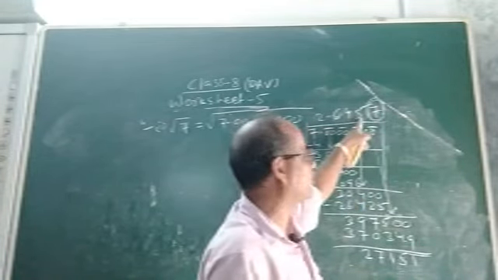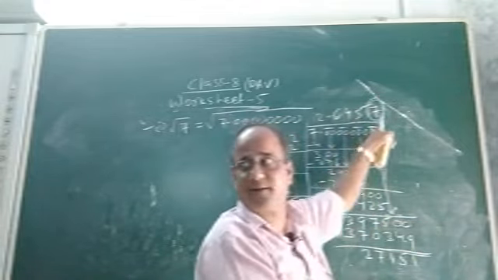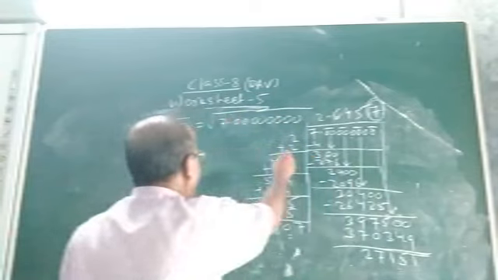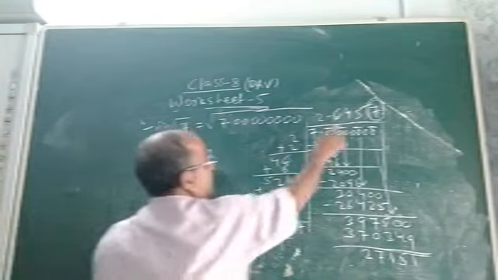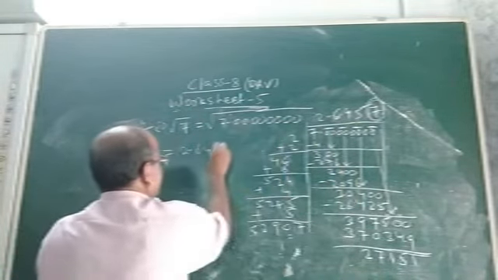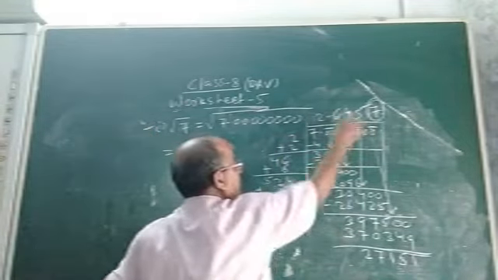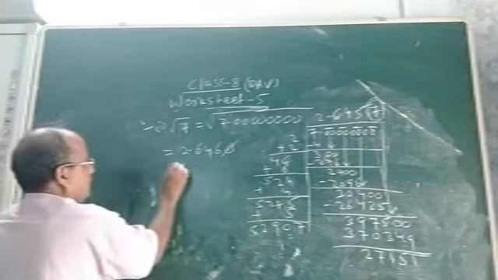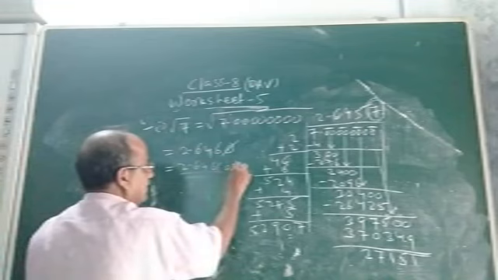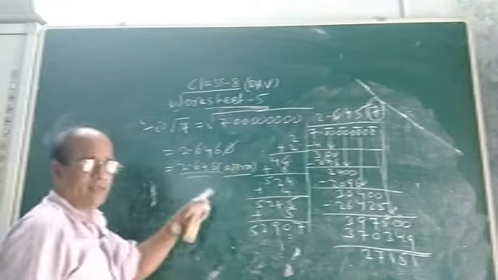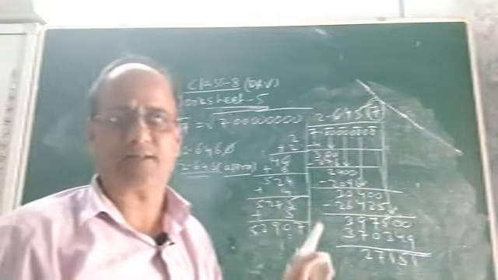So what we have to do? We have to add here 1. Add 1 to the previous place. This is the rule, and you replace this place or digit by 0. So what will be the round up number? I mean the approximate square root will be 2.64. You add here 1, it will be 646, and you replace 7 by 0. Replace 7 by 0 and add 1 to the previous place. Now this 0 has no value, so it will be 2.646, approximately or nearly. Okay, so this will be the required approximate square root of 7 correct to 3 decimal places.